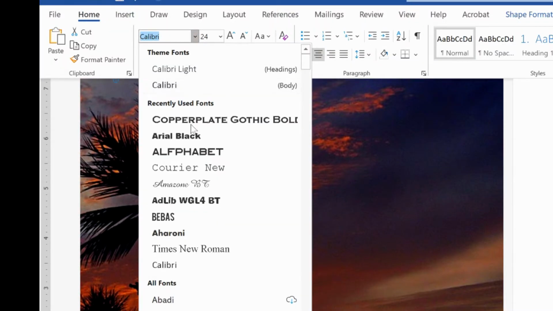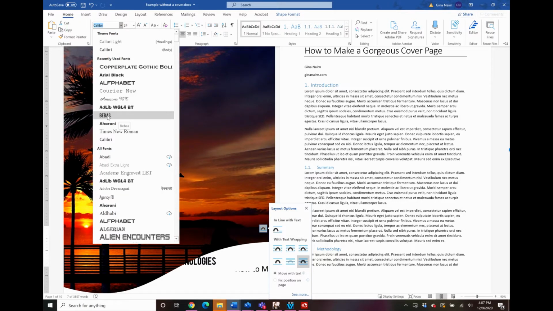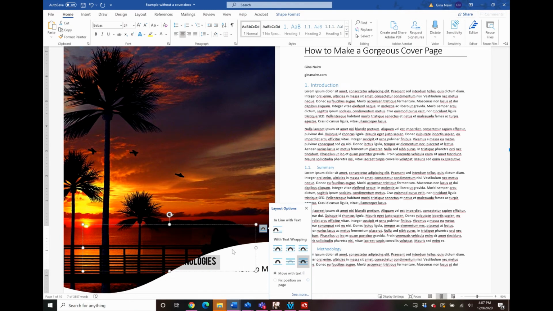I have this font called Bebas that I like to use. If you don't have this, you can use Calibri, you can use Helvetica, you can use Arial Black, any of those. They're called sans serif fonts, and they look really good on a cover. So I'm going to pick Bebas.